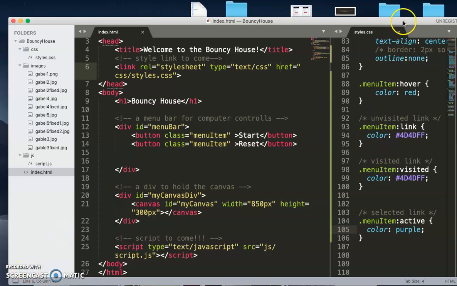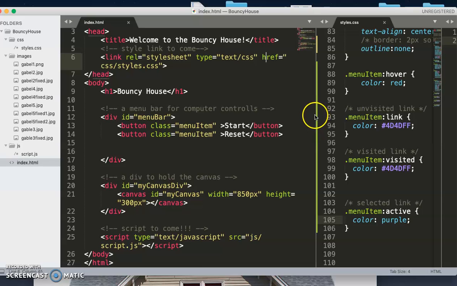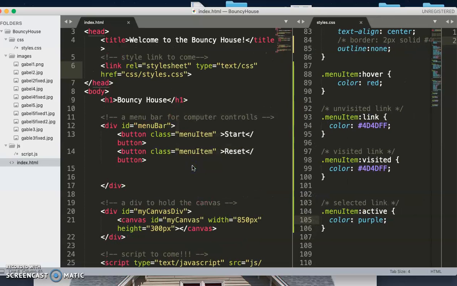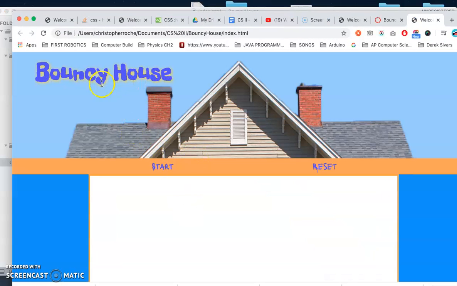We've been working on the Bouncy House. I changed a lot of the CSS to make it look better. I'll show you what I've got right now. There you go. What I did is I changed the background, because I used to have kind of a big